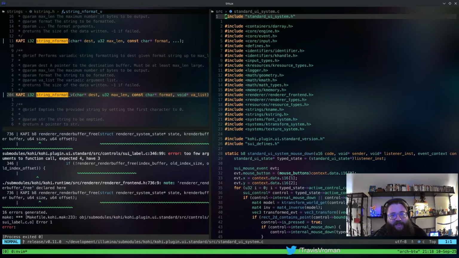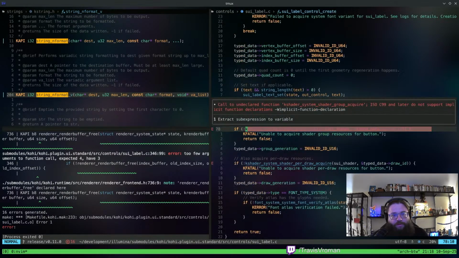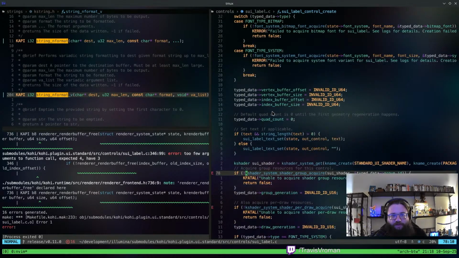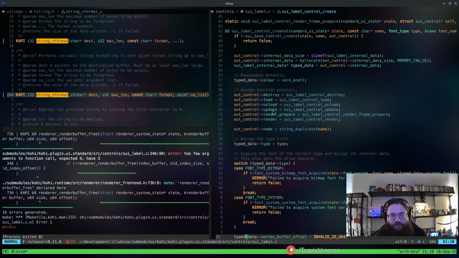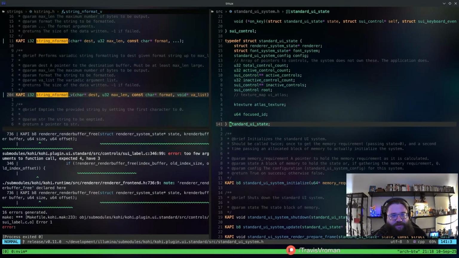Oh, it was in label. Okay, SUI label. So this we basically just need a pointer to the renderer system state, which I don't think we actually have. Does the standard UI state contain it? No, it does not. But oh, yes, it does actually. Okay, perfect.